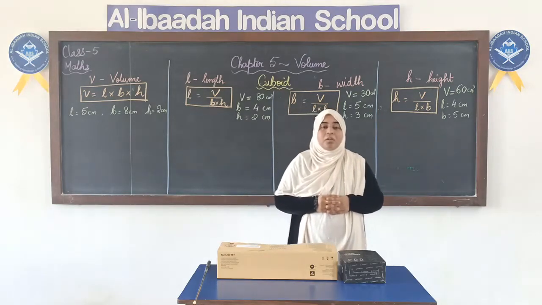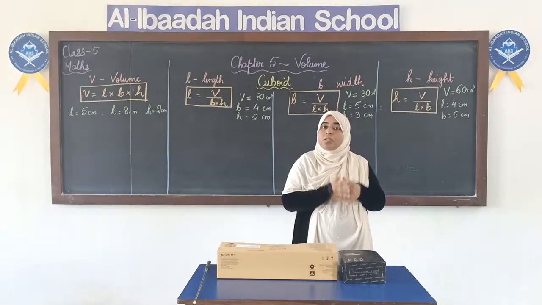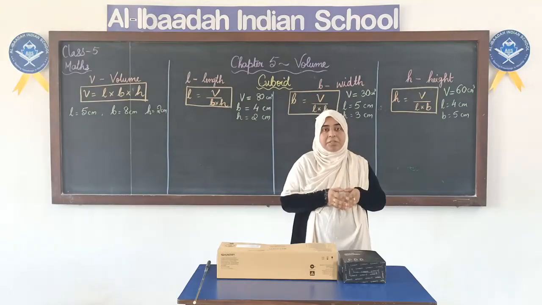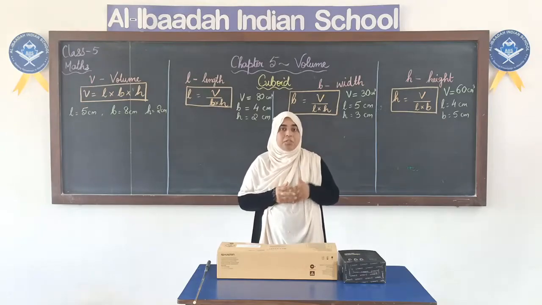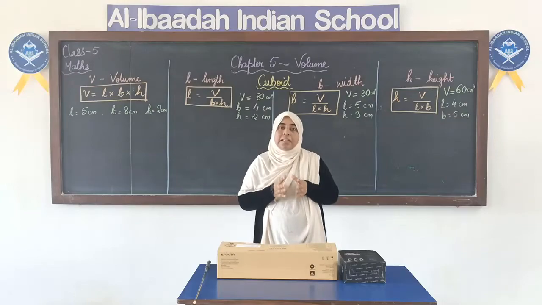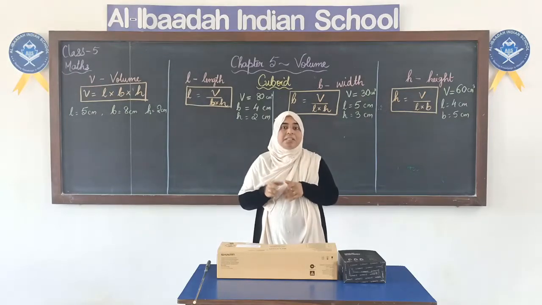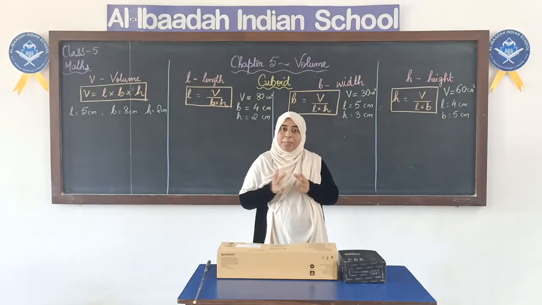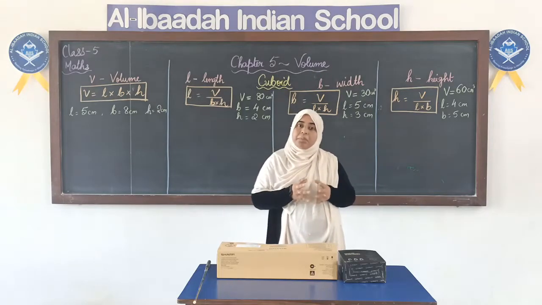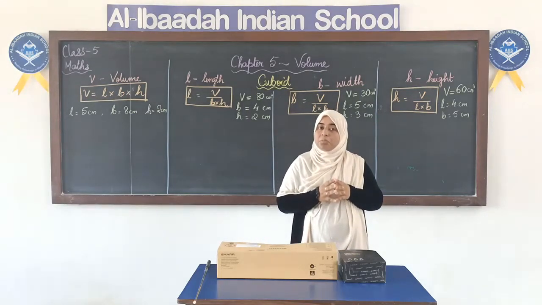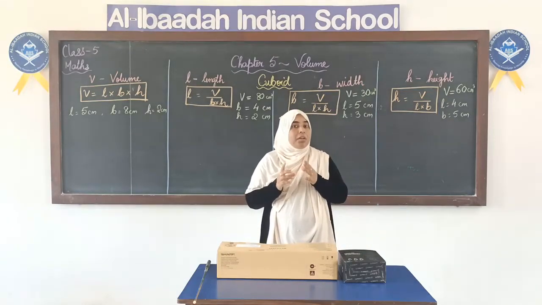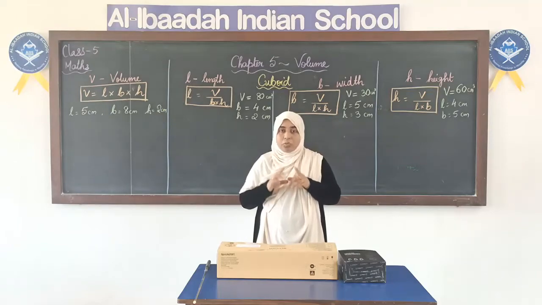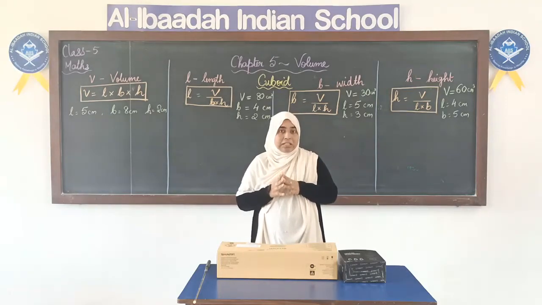Okay? Now volume is related with the solid shapes or 3D shapes. You have learnt about shapes, isn't it? There are two types of shapes, 2D and 3D shapes. Now 3D shapes are 3-dimensional, D means dimensional. Okay, so 3-dimension shapes. Now what we mean by 3-dimension? 3-dimension means these figures or these shapes will be solid shapes. They will have length, breadth or width, and height. So three things will be there.